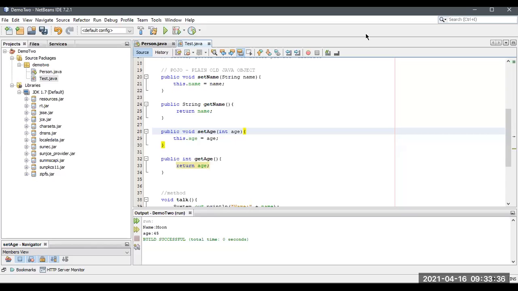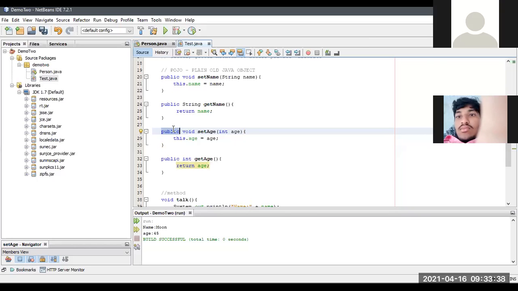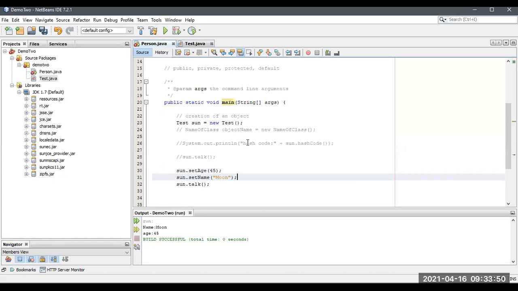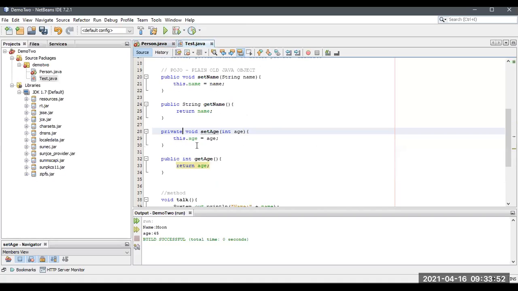Here you need to know this should be public, or else it throws an error. If I mention private, you can't access this from outside the class. So each thing should be mentioned inside public only.